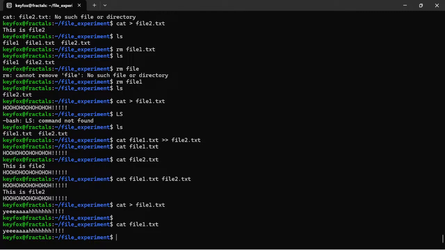So cat is bad for overwriting. So what I can do is append, but is there any way to prevent the overwriting? Because cat is very powerful. How to avoid